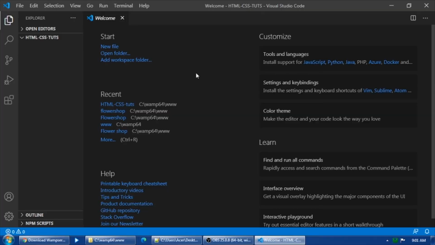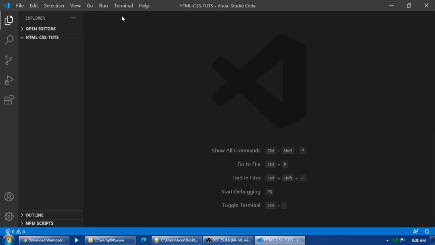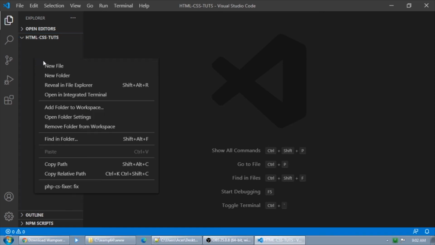Alright, guys, so after opening Visual Studio Code, this is the main page of our Visual Studio Code. Kindly delete this one, we don't need those. So we have the HTML CSS tuts folder, and there is nothing inside of it. Okay, so we will create a new file,